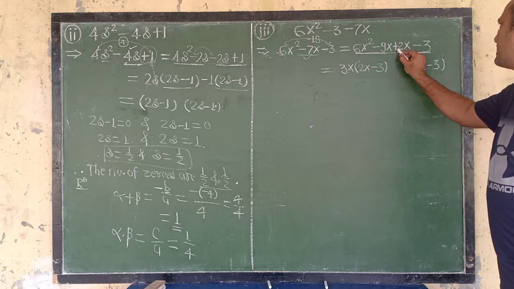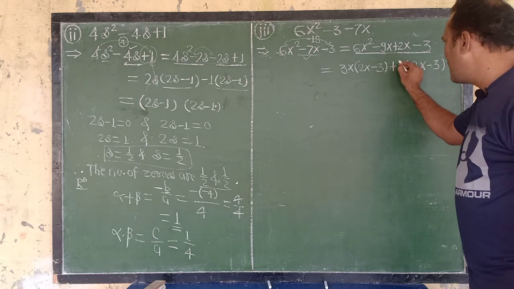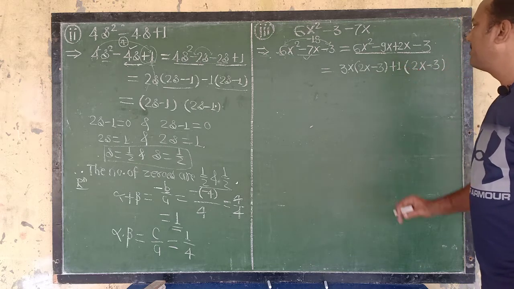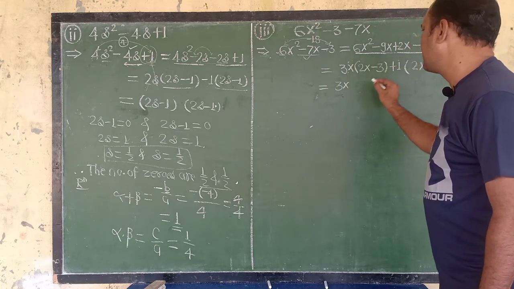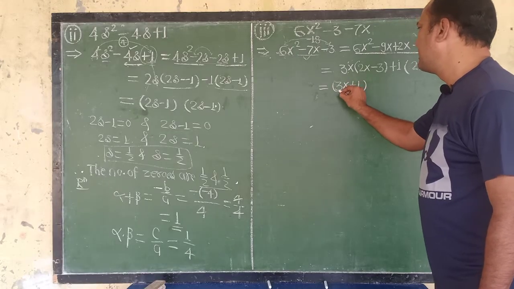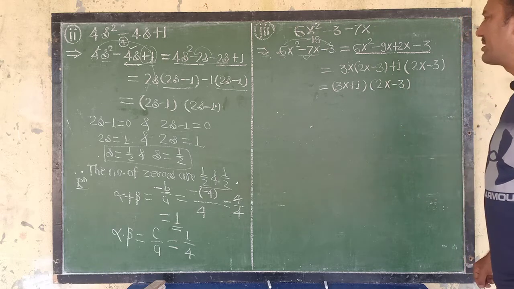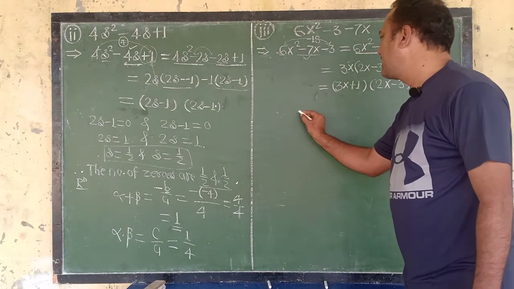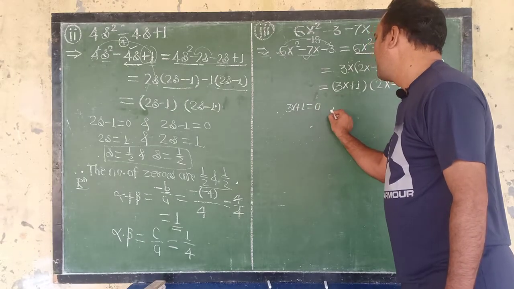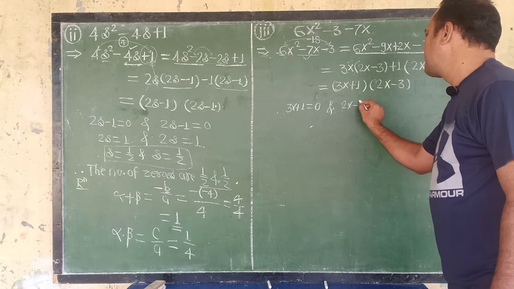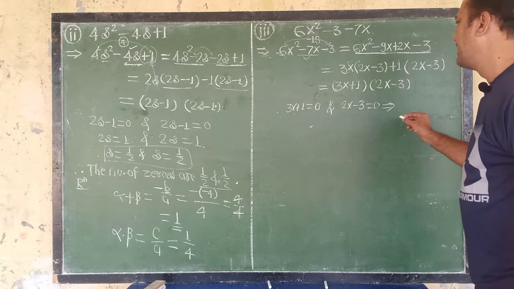Now we need here positive and negative. Already positive and negative is given. Then you have to multiply the whole by plus 1. Then what are the factors? 3x is outside, this is also outside. Then 3x plus 1 is the first factor. 2x minus 3 is the second factor. Now simplify. We have to find the zeros. Then 3x plus 1 is equal to 0, and 2x minus 3 is equal to 0.